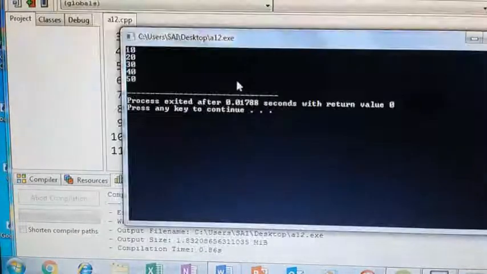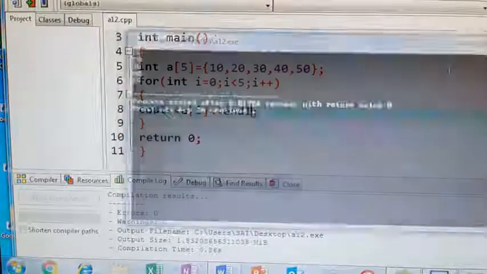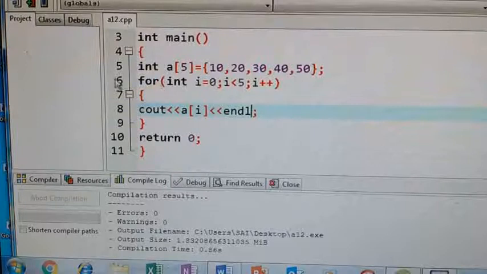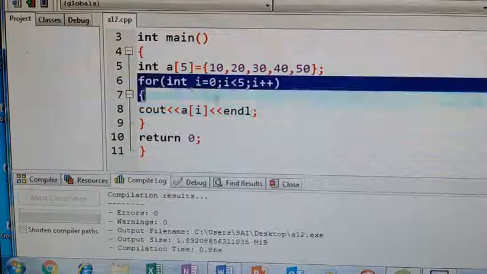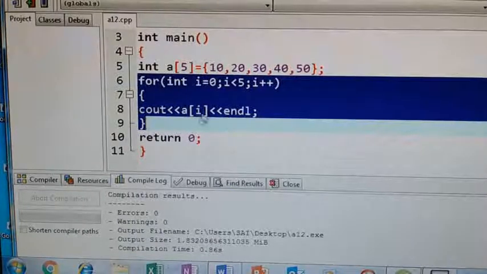You can see this 10, 20, 30, 40, 50. So instead of a single element, at a time I have printed all the elements. Okay, this is one method. When will you use this method? When you want to print all the elements at a time, then we'll use this method. But if you want to print a particular element, then this method is not suitable.